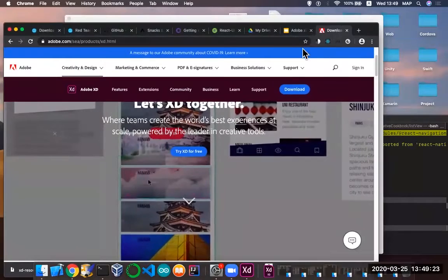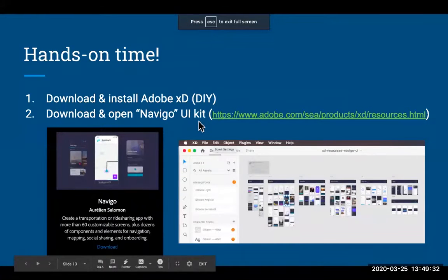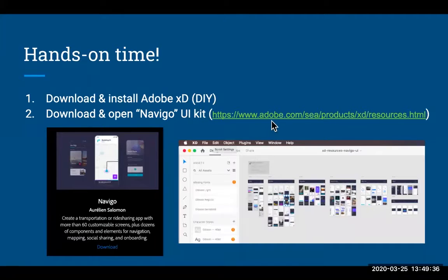Okay, so assuming you have managed to download the app, what we are going to do is, so I can't see my slide. Okay, we're going to use this example called Navigo. This is a UI kit freely available on the Adobe website for us to kickstart our project or our app portfolio. If you see this link over here, you can go there and search for Adobe.com Southeast Asia Products XD Resources. So if I click on this link,